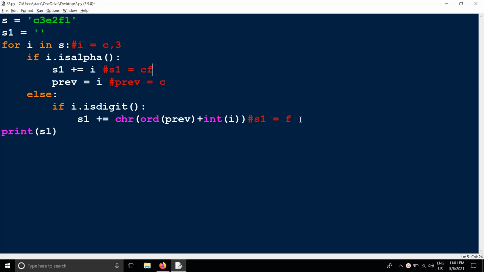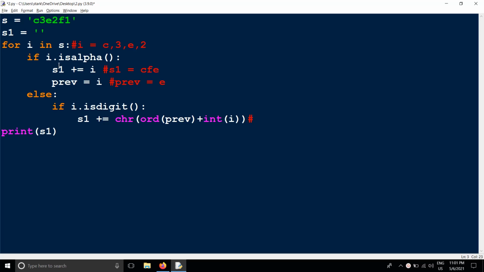CF. So now it's going to take the value E again. E dot is alpha, condition true, comes here. S1 is equal to S1 plus I. So now we are going to add here, and the previous value becomes E, because the I value is E. Now the next value it's going to take is 2.